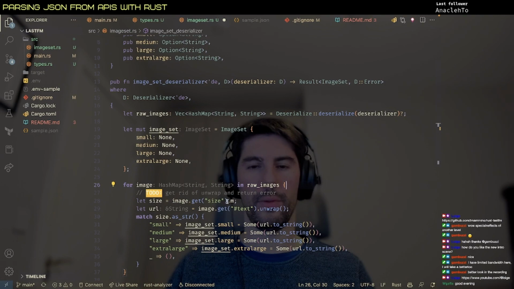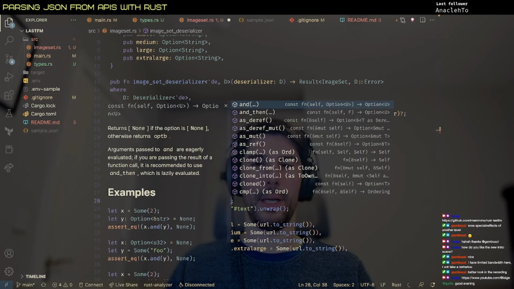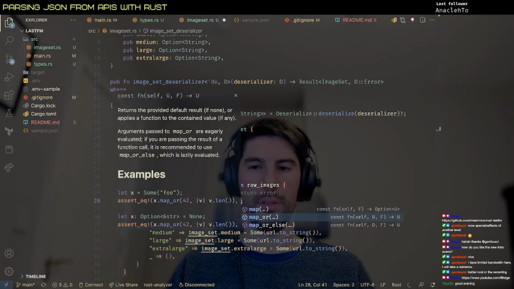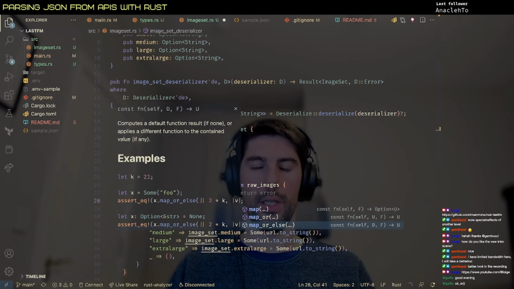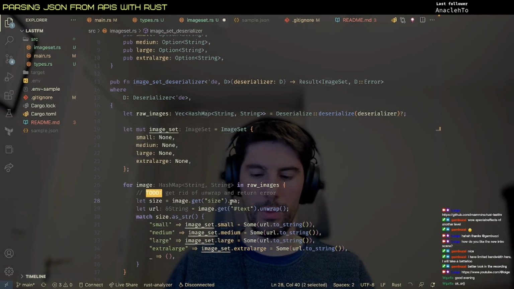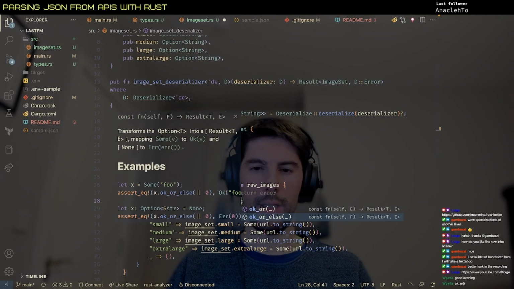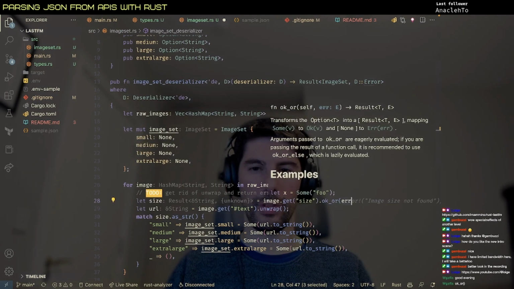Okay, how do you convert an option to an error? I thought there was a map error, but that's only for results. So what if we do map or else? Okay, that's a good suggestion. Thank you, WGaffa. Always very useful. Okay, or should we do or else? Or can we just say,